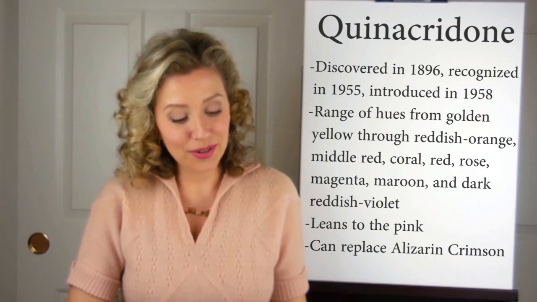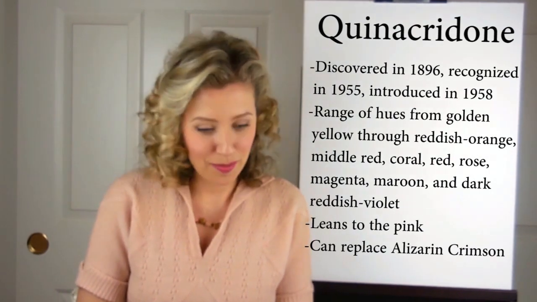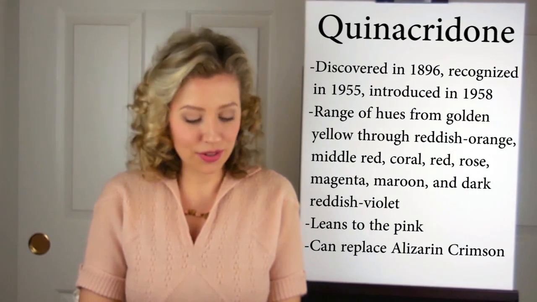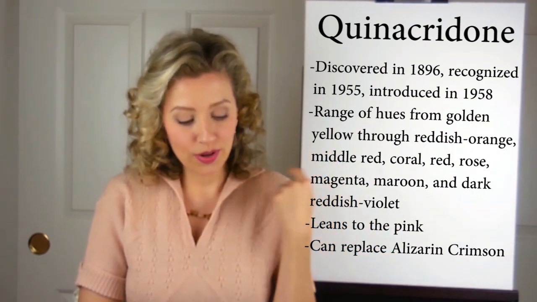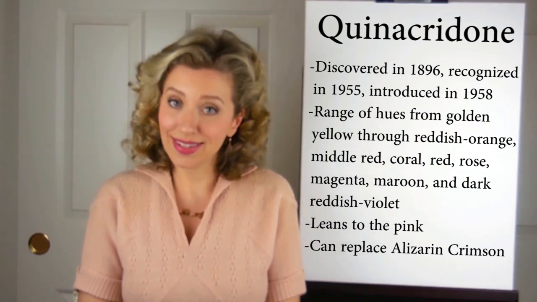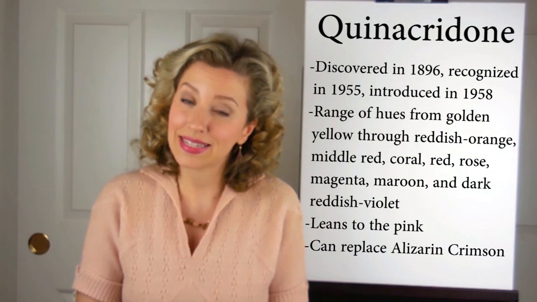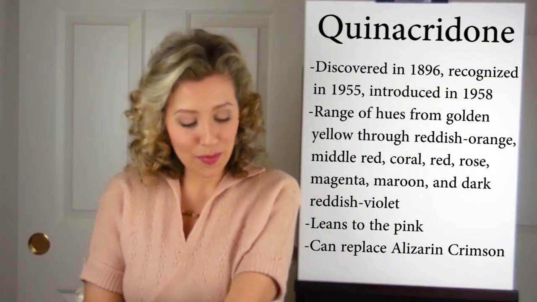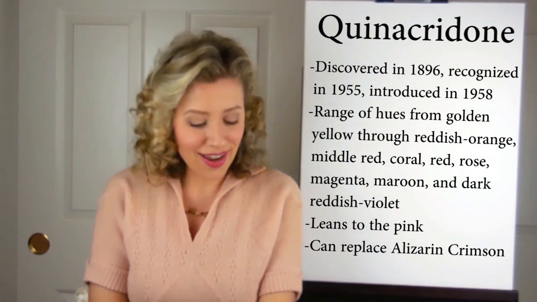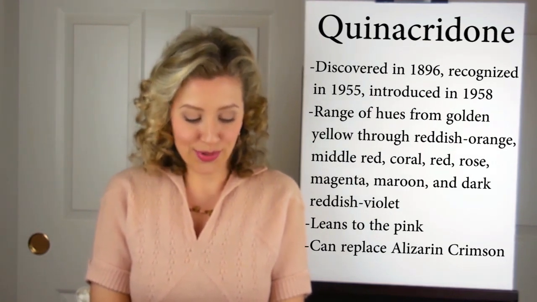Now, moving on, quinacridones. Quinacridones were introduced in 1958, making it one of the newer pigments, and it ranges in colors from a yellowish red to a violet. These pigments were noticed in chemical research since 1896, but was not actually recognized as a pigment until 1955. The range of hues vary from golden yellow through reddish orange, middle red, corals, reds, rose, magenta, maroon, and dark